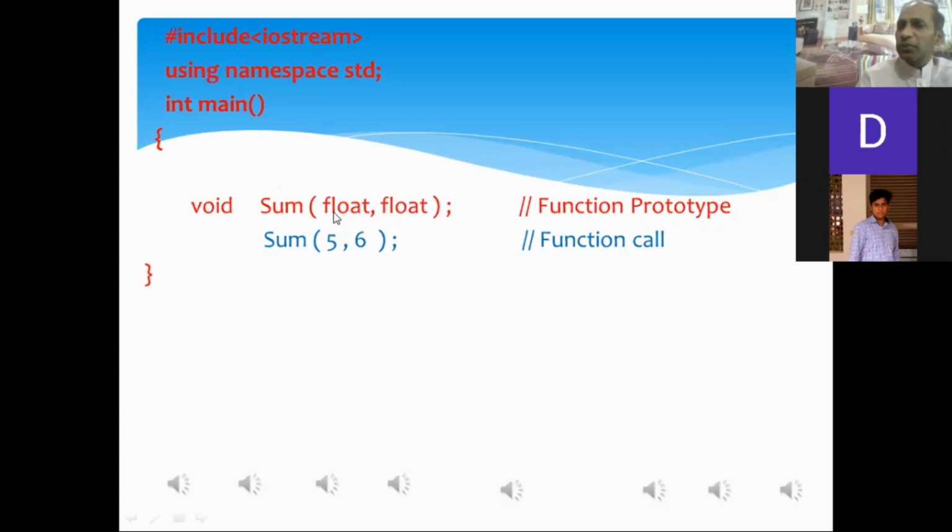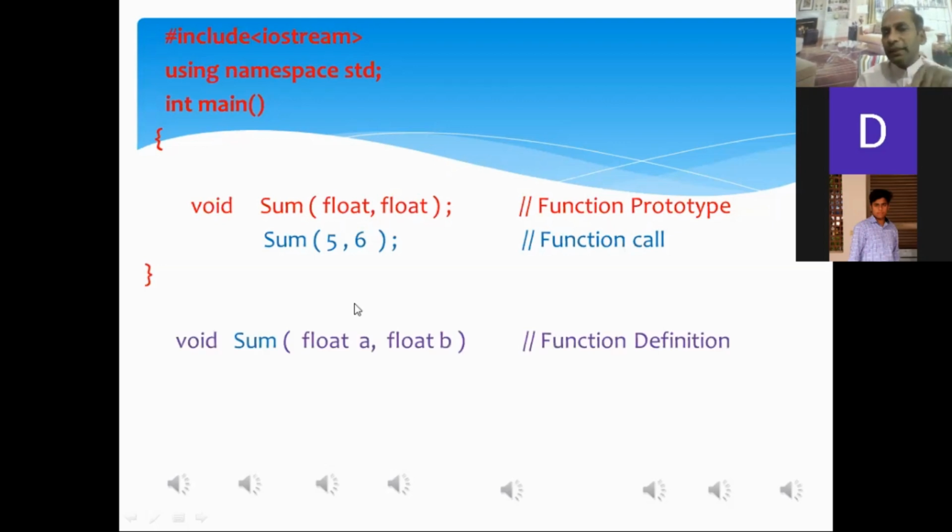The first argument in the function header is float. We shall declare a variable for the first argument, and we repeat this for the second argument as well. In this way, copy this header and declare variables after each argument: float A and float B.